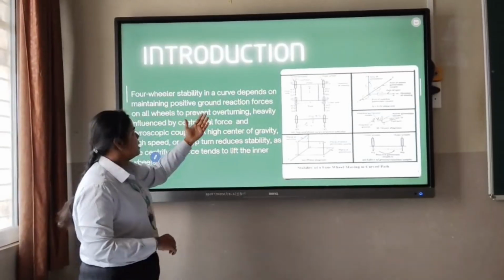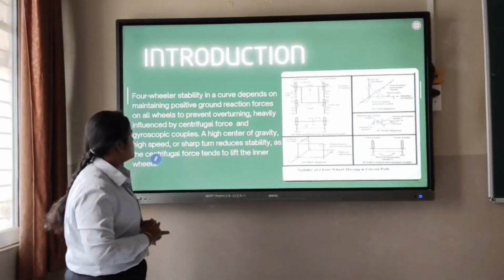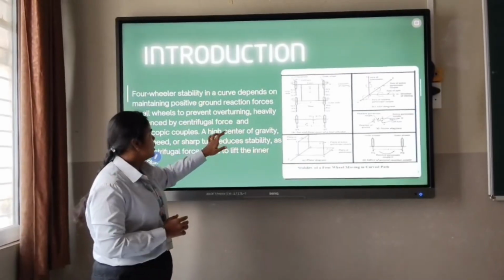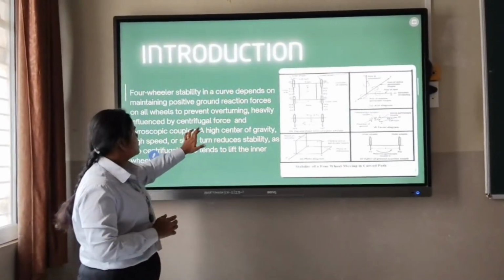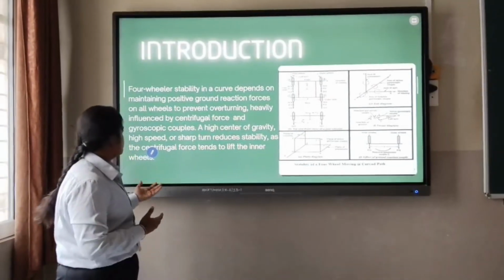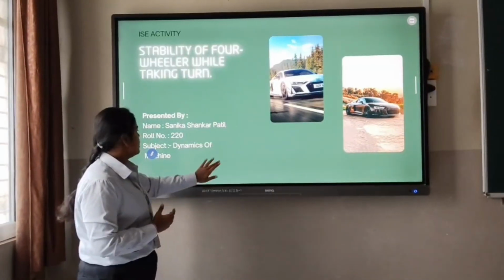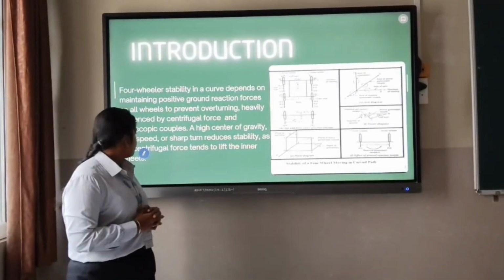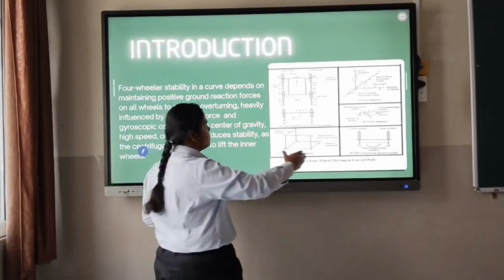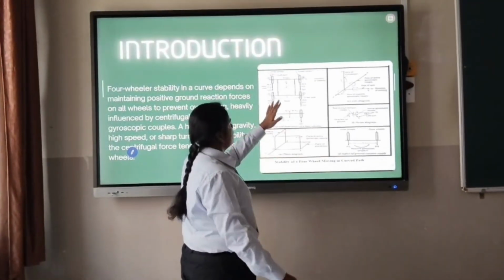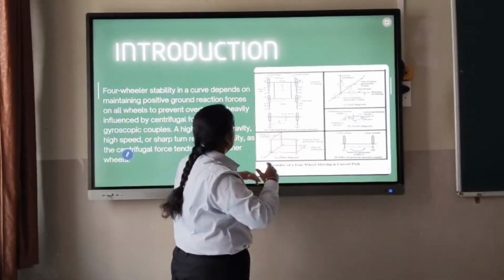Introduction. Four-wheeler stability on the road depends on maintaining positive ground reaction forces on all wheels to prevent overturning, heavily influenced by centrifugal force and gyroscopic couple. A high center of gravity, high speed or a sharp turn reduces stability, and the centrifugal force tends to lift the inner wheels. As the figure shows, the vehicle is taking a left turn,